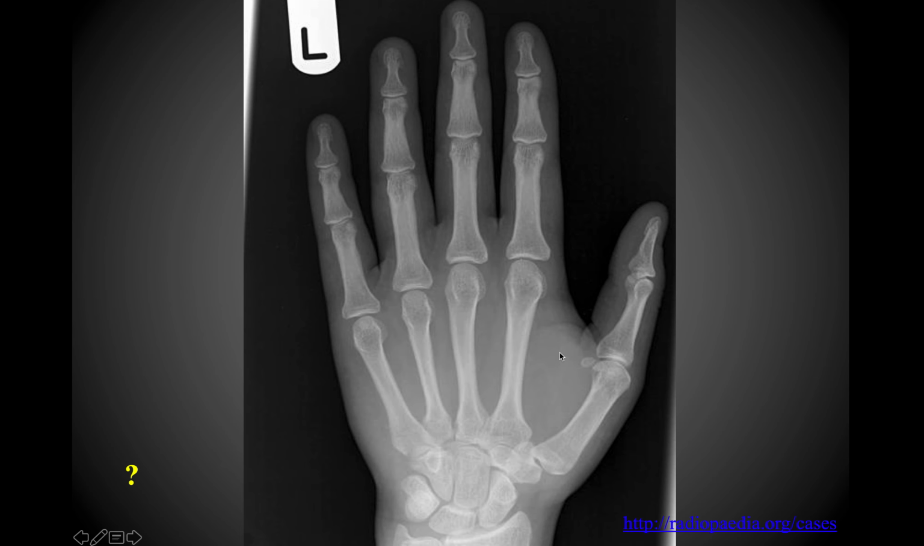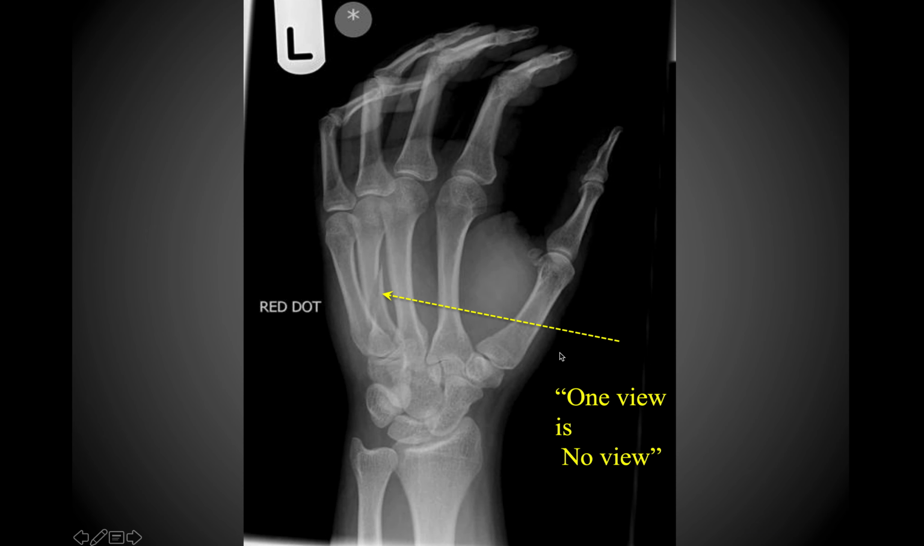So I would assume that you would not be able to see any abnormality in this image. I certainly don't see one, but if you look at an oblique view in the same patient, you'll notice that now you can appreciate a fracture of the fourth metacarpal in this patient. So again, this comes back to the idea that one view is no view in radiology. So you always want to make sure that you look at two different views,